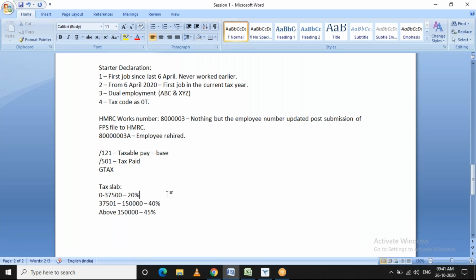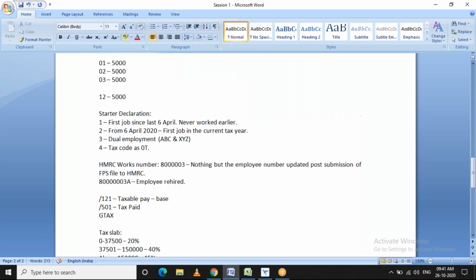So in December 2020, the tax slab for 2021-2022 will be released, and it will be updated in the SAP system through legislative changes, that is, the HRSP support pack upgrade. This will be updated in the backend table as part of the legislative changes.